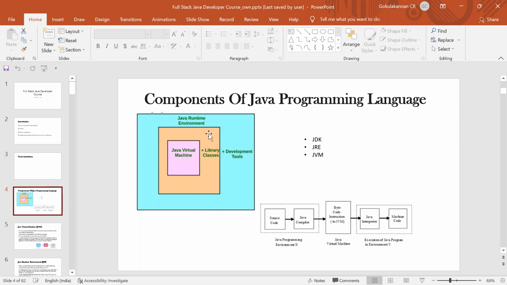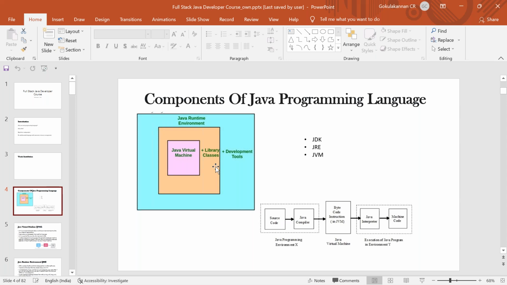That is running your application. If you are installing a Java application on your laptop, you need a JRE. What will the JRE do? It has two things: one is the JVM, plus some libraries. The libraries are needed for running the application I developed. If I develop code, it should work on your machine, right? So it needs some libraries. So JRE is nothing but a combination of the JVM and your libraries.